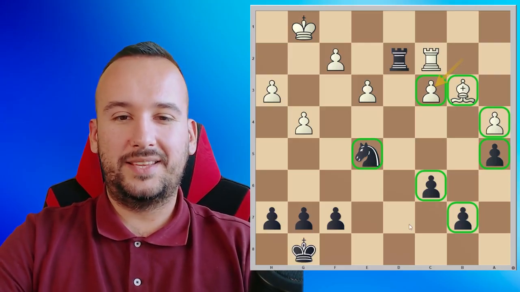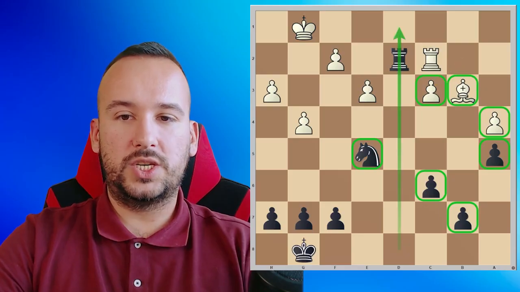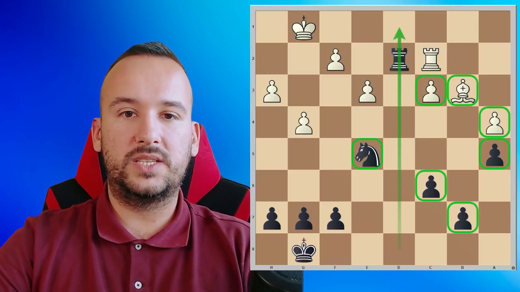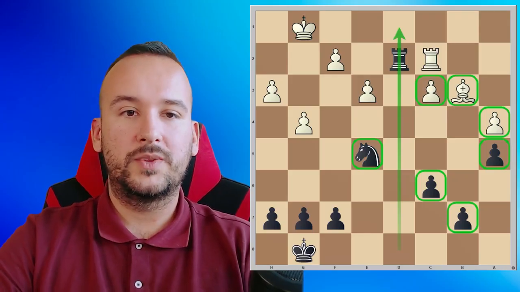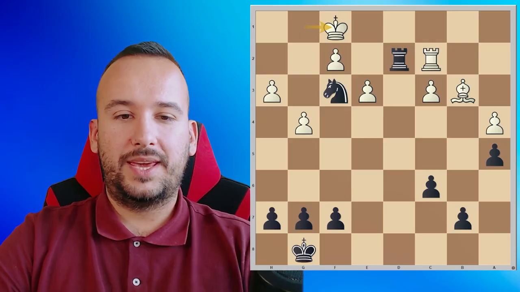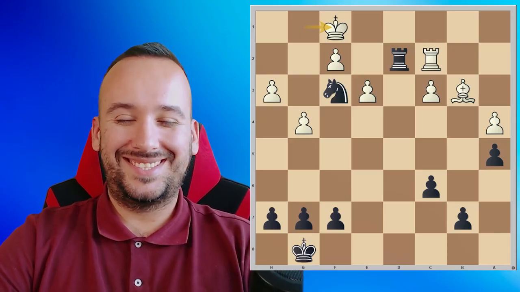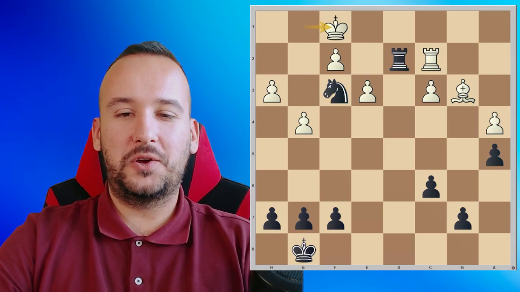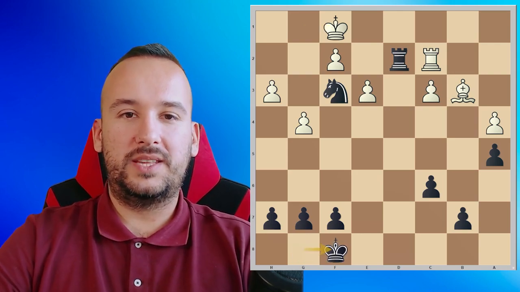Also, as I said, this rook on the d file is just beautiful, and it's helping black to attack these weaknesses much more easily. So here, first one check, king f1, and now, well, let's say this is the case here. Whenever you have a chance to activate the king, please do it. Here, black played the move king to f8,